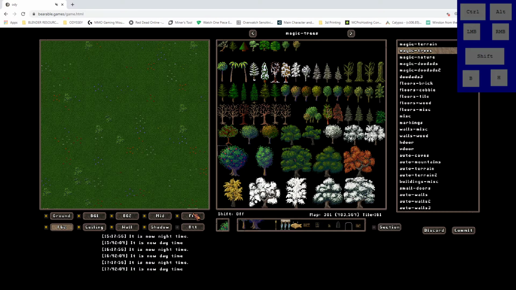So you'll very rarely ever probably have to use them on their own because when you place things in the mid layer, it'll properly place things on foreground 1 for you automatically. But I have a couple examples of where you might want to use it just to give a little bit more flavor. So let's go to the mid layer real quick and we'll hold control and we'll grab this tree